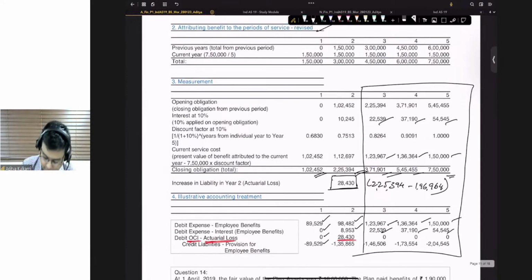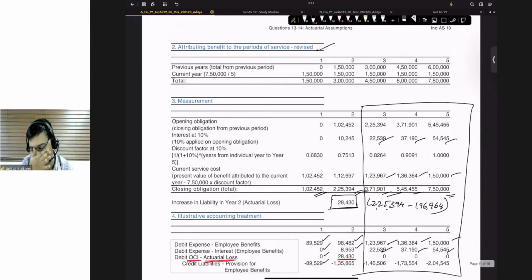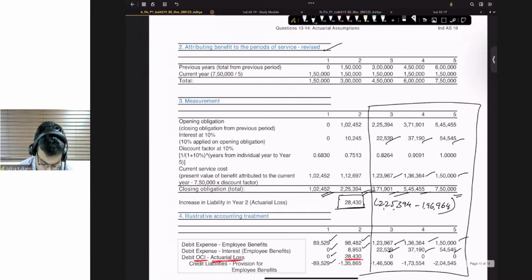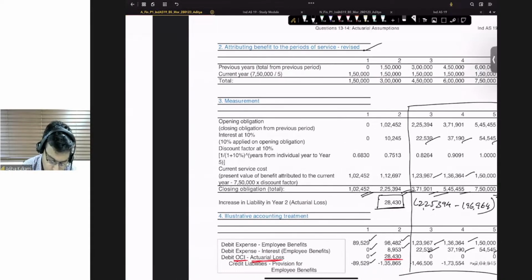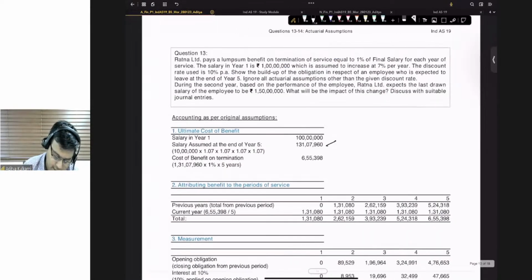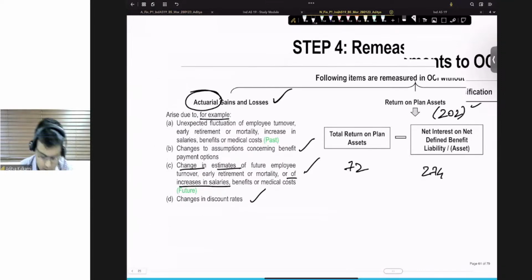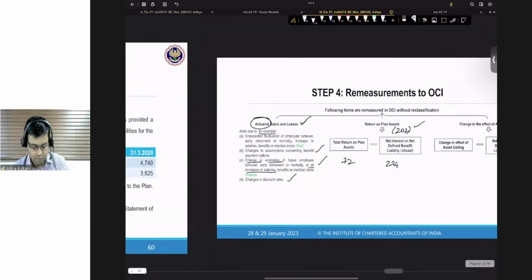If you are checking the workings, please have a look. The first part is the same as was already done. If at all there is any difficulty, you can reach out to me. No problem. So this takes care of question 13. It's quite simple. It's basically what we have already done. So that takes care of